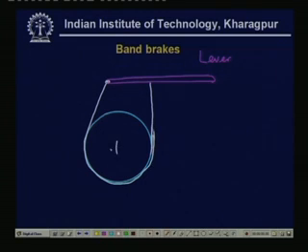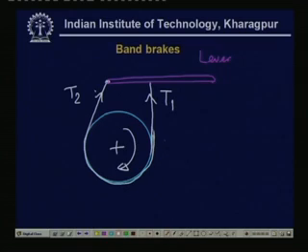Suppose this is rotating in this direction and we want to put on the brake. Then we apply a force such that the braking torque is applied. How to give this force? What is the direction of this force? We see that whenever this lever arm is given a force, then T 1 and T 2, let me say this is T 1, this is T 2,